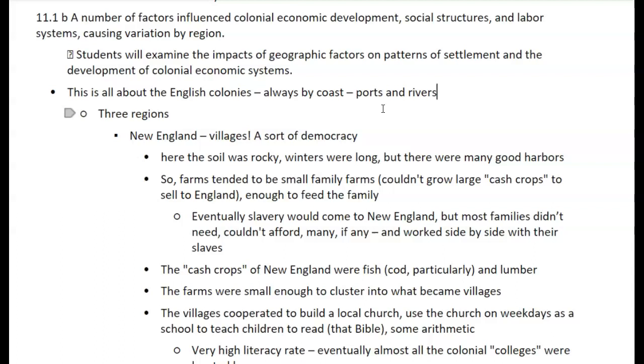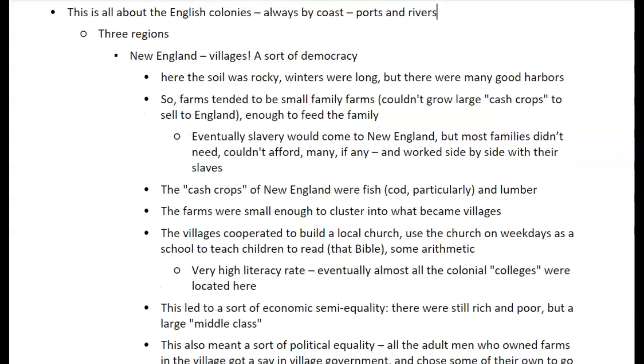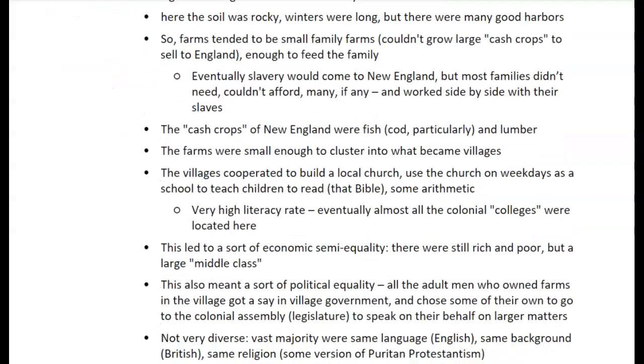What to know about the English colonies? Very important. There are 3 regions. Know them. New England. Think villages and democracy in New England. The soil was rocky, the winters were long, the growing season short. But there were a lot of good little harbors. You may know Boston, but if you've ever been up along the Connecticut coast, for instance, there's a lot of